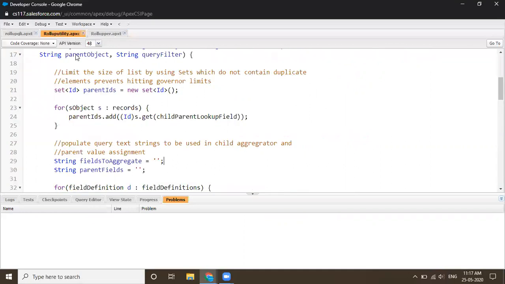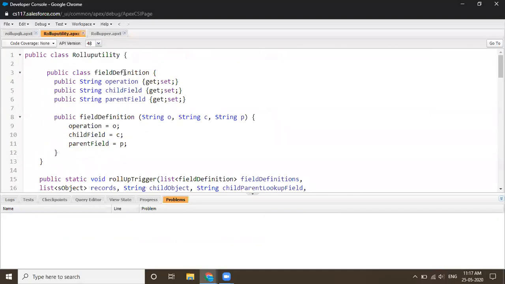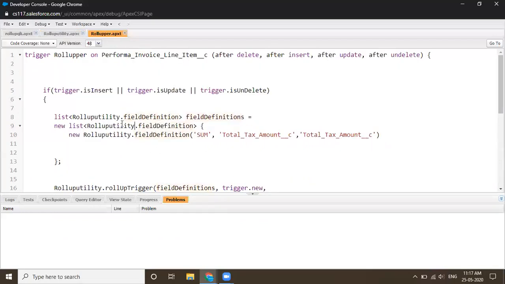So you'll see here the method name. Here we want to use the method name and make a list of that, and the roll up utility does the sum. But if you want to sum, count, whatever you want to use, you can use it here. And total, so we want the total tax amount of all the master details. So total tax amount I have rolled up.